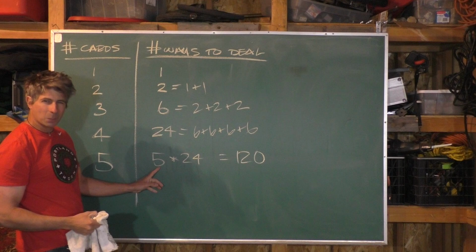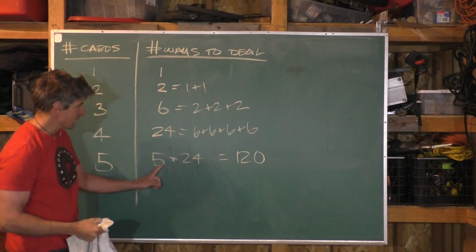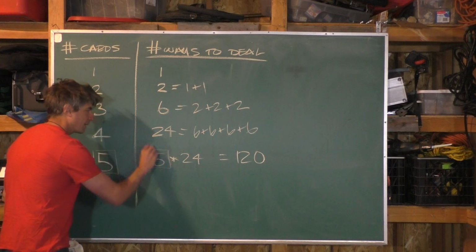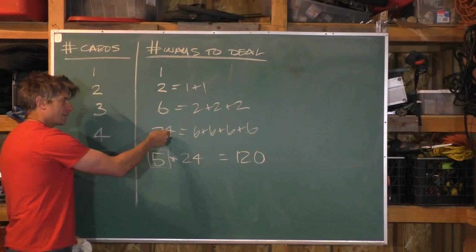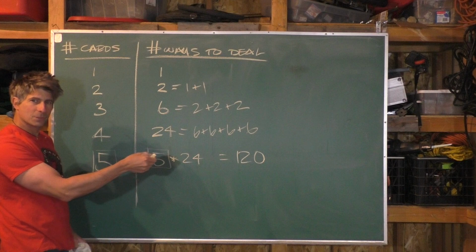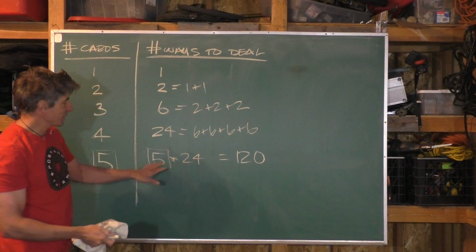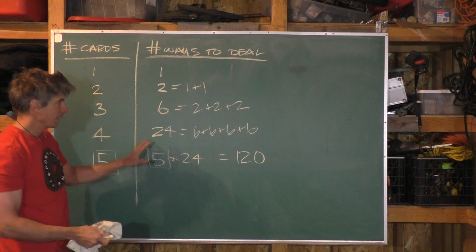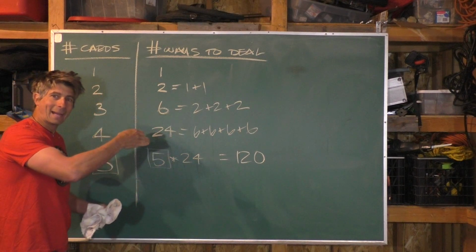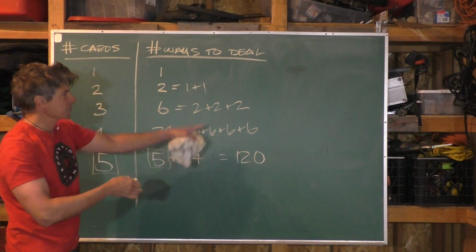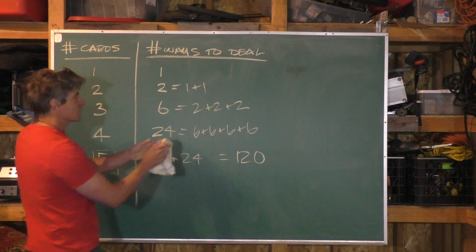And also what's kind of cool about that is you can see the fact that this 5 is right here, and this 24 is the number that's back there. So you see automatically the relationship between both of these numbers and how they tie to the chart. And what's cool is you can go back and you can figure out 24 is, yeah, it's 6 plus 6 plus 6 plus 6, but it's also